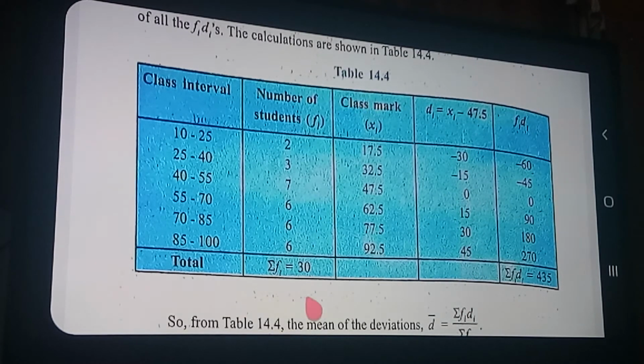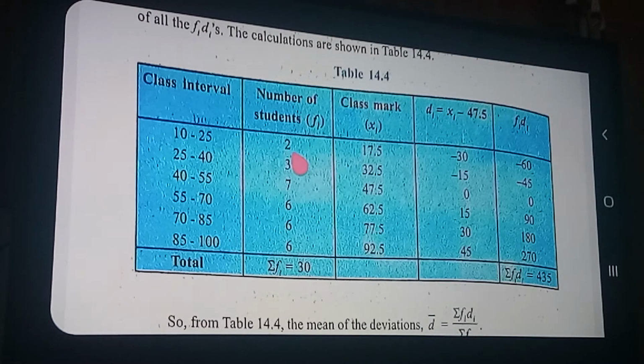Okay, next column. What is coming next? Fi and di multiplied together. It is best to take fi and di in nearby columns. While you are doing the sums, you will keep fi and di in nearby columns, so that when multiplying, some students do not commit mistakes. Some of them will multiply the wrong two columns together. To avoid confusion, keep fi and di together in nearby columns.